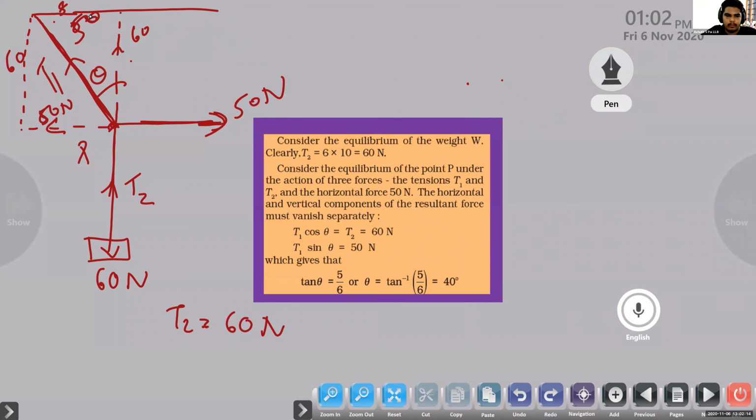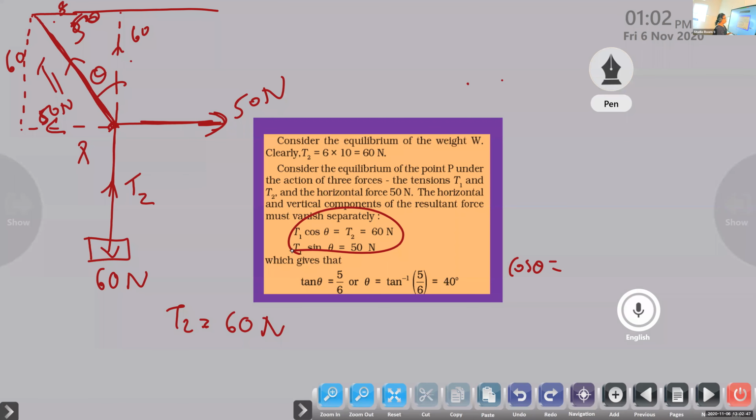Shall we now resolve these components? T1 is our hypotenuse now. Therefore, cos theta is equal to... I want to skip that because we have done it. So, ma'am, we can directly take tan theta equal to. Yes, directly you can take tan theta, no problem. But have you arrived at tan theta by the parallelogram law of vectors? Got it now? Anyone have a doubt?